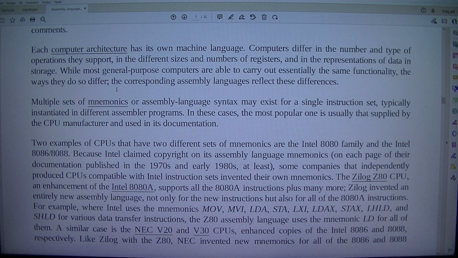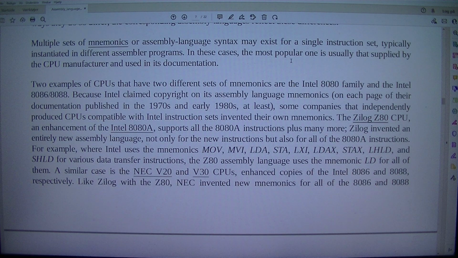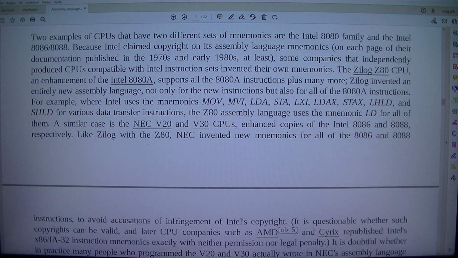They do so differ. The corresponding assembly languages reflect these differences. Multiple sets of mnemonics or assembly language syntax may exist for a single instruction set, typically instantiated in different assembler programs. In these cases, the most popular one is usually that supplied by the CPU manufacturer and used in its documentation. Two examples of CPUs that have two different sets of mnemonics are the Intel 8080 family and the Intel